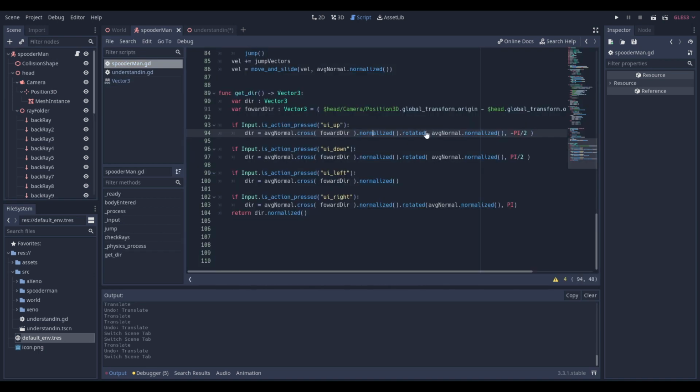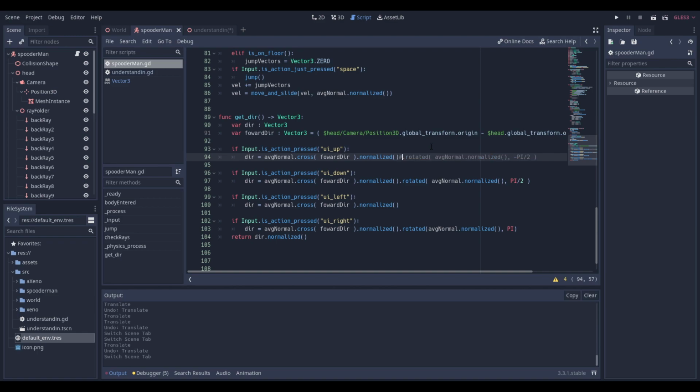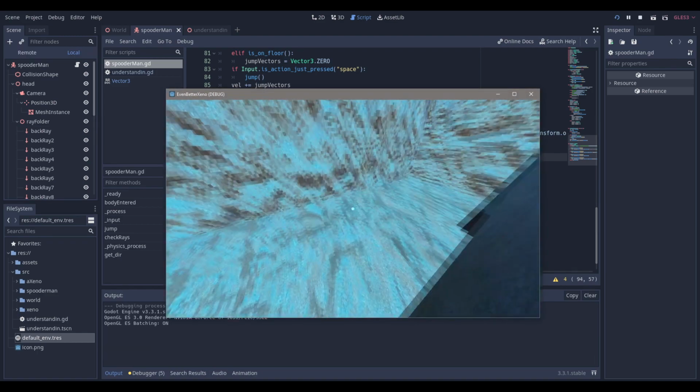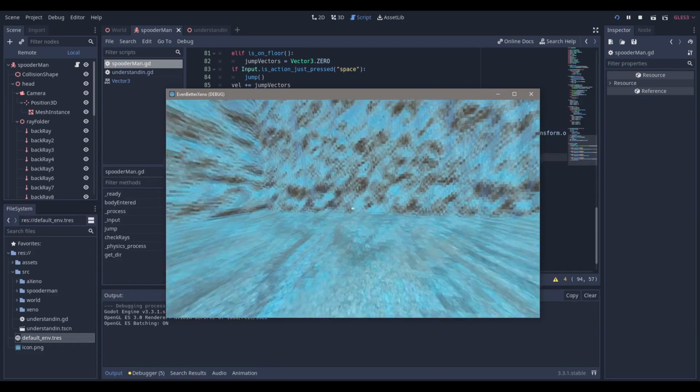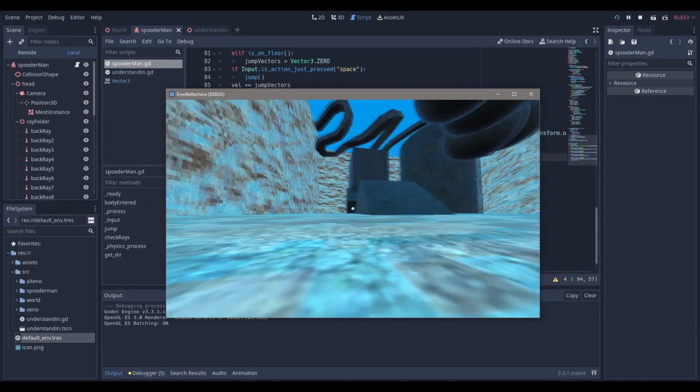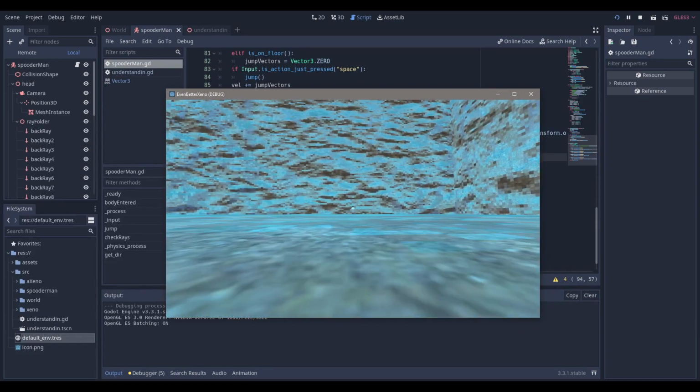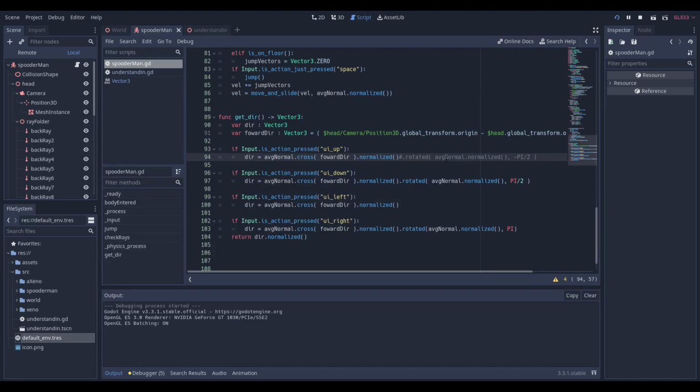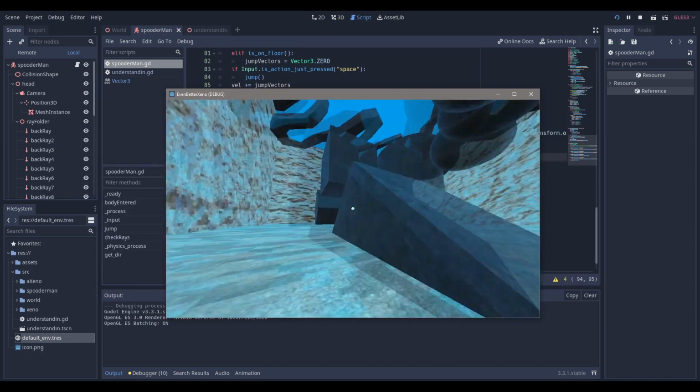And then we're going to be rotating it by the average normal, dot normalize, negative pi over 2. The reason we have to do that is because if I don't, right now I'm clicking W to move forward, and as you can see, I'm moving 90 degrees left of where I want to move. So obviously that prompts a question, how can I fix that? Well, we can rotate our vector along the axis of the average normal, and we're just going to rotate it by 90 degrees. And in radians, a fancy way of doing angles, we're going to be rotating it by negative pi halves. And if I just save the script and continue running the scene,